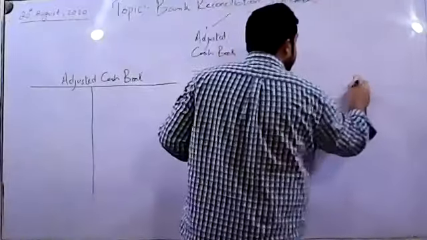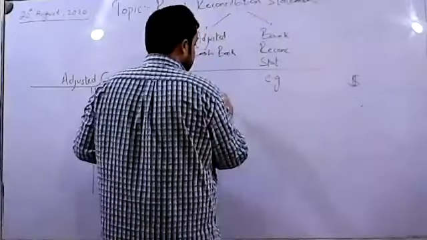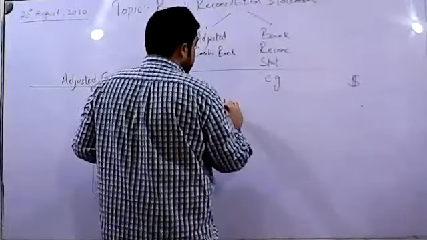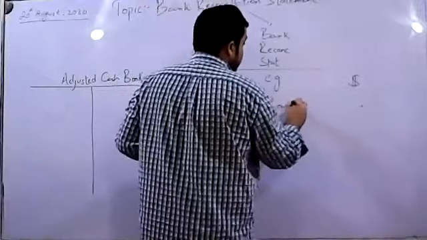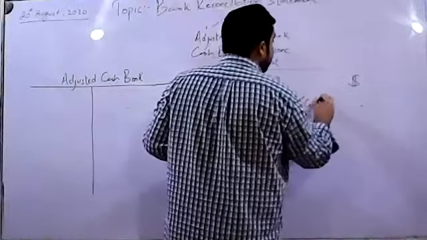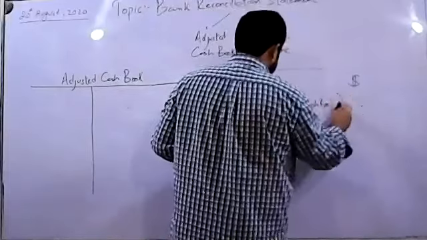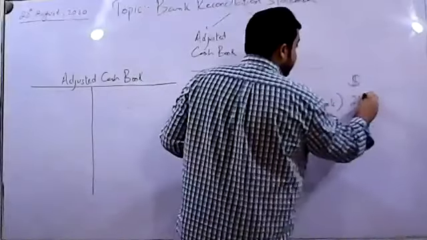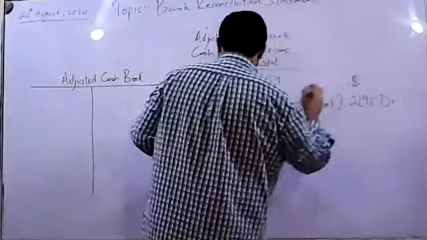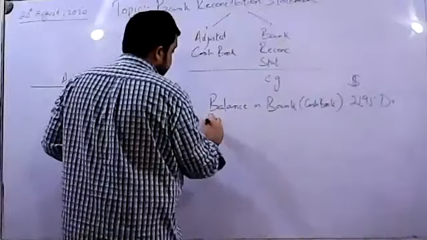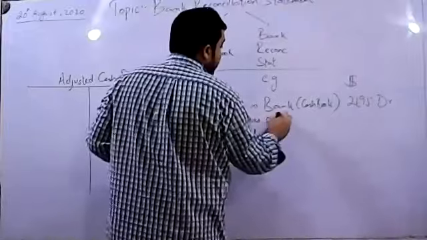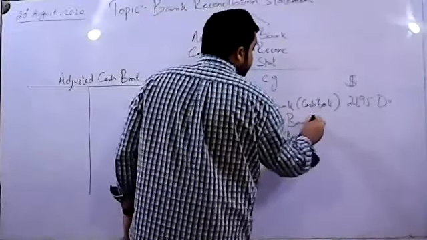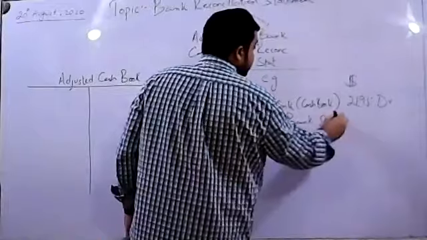The example question says that the balance in bank, that means the balance in the cash book in our records, was 2195 debit, and the balance as per bank statement was